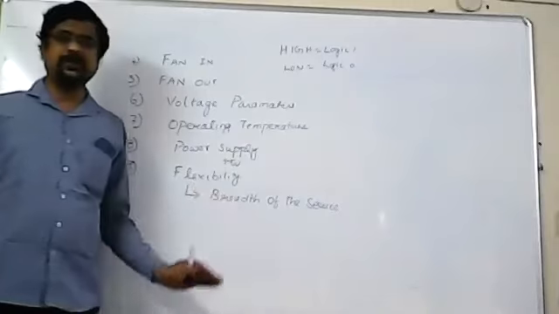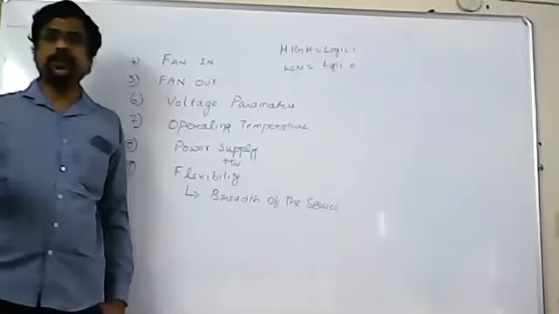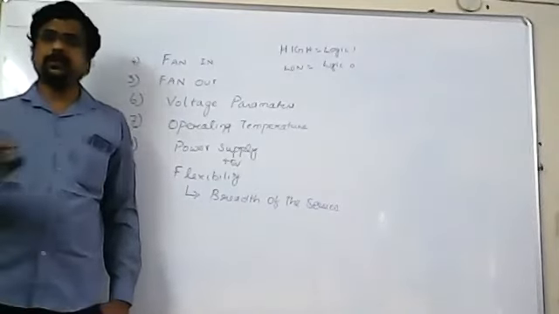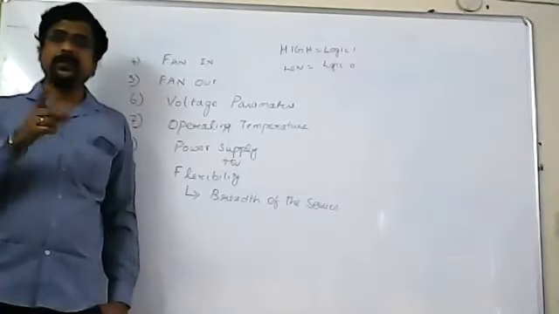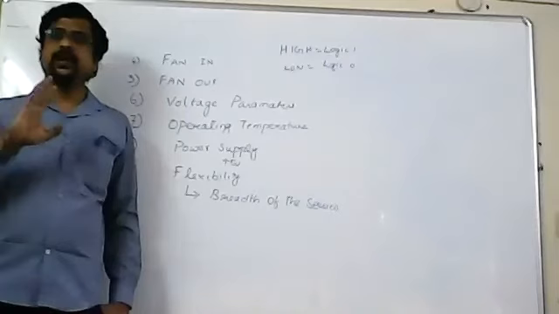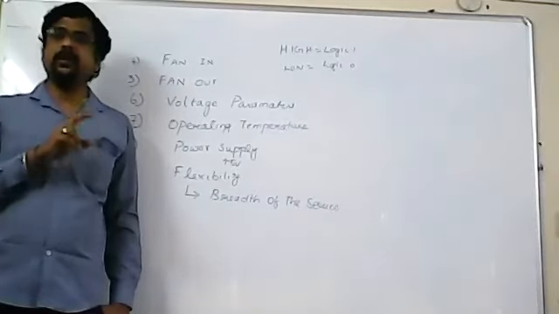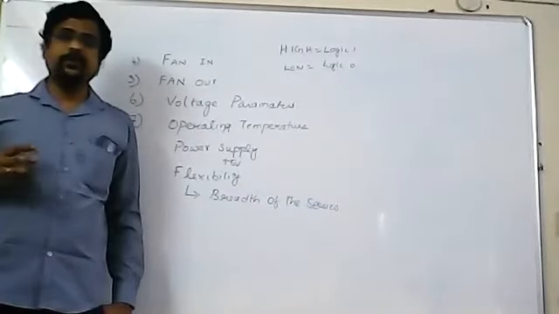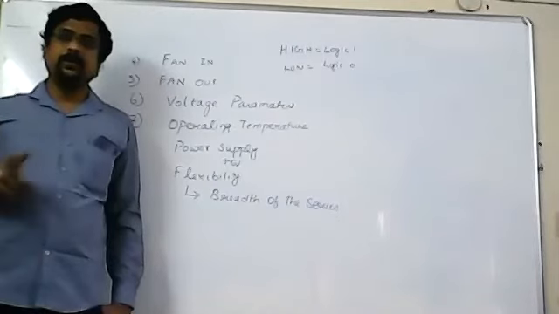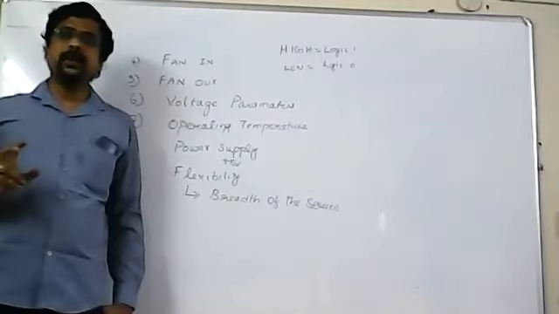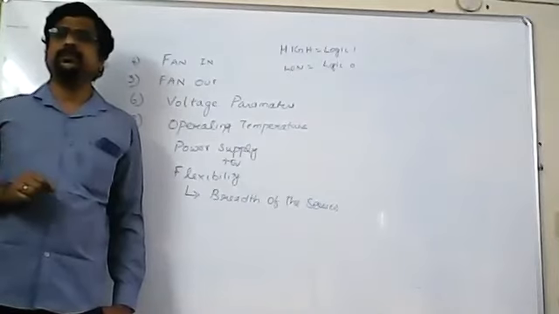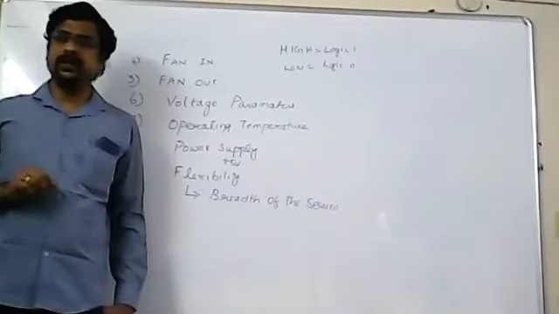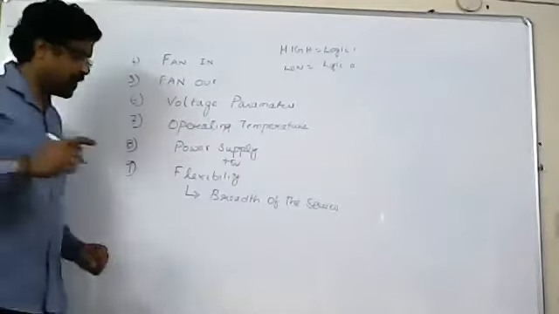So why we are taking into consideration is that, for example, 2 companies are there. Company A and company B, both manufacture digital ICs. For example, company A will manufacture all the 7 gates, whereas company B will only manufacture 2 gates. So from where will I purchase? I will purchase from company A, because from company A I can have all the gates. Right? So replacement also it will be very easy. That is why breadth of the series is most important. Next.